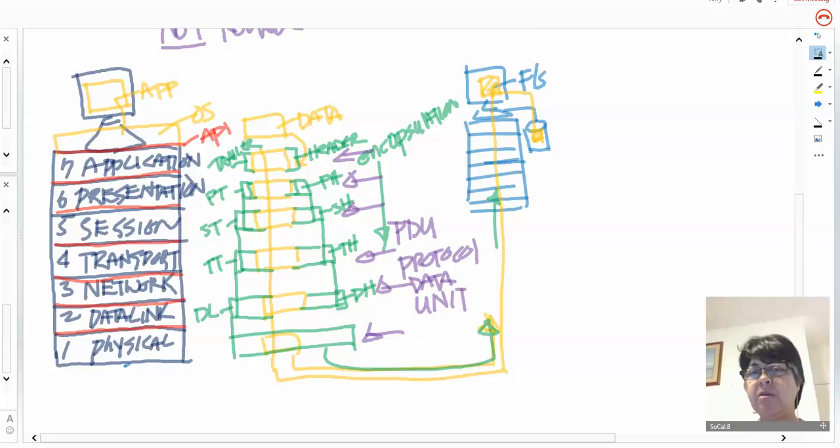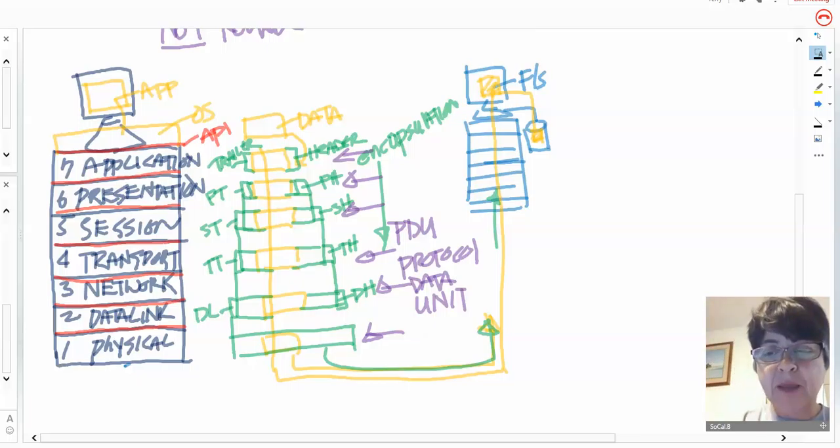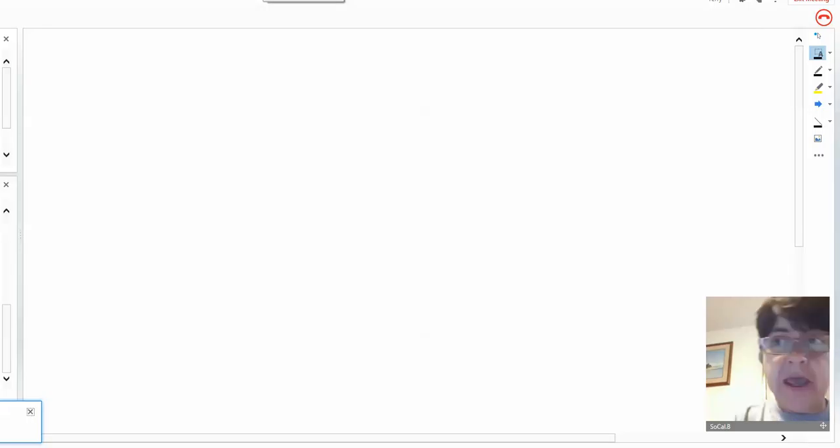Okay, so that should be good with all the terminology. Any questions on terminology so far? No, we're good? Okay. Now the exciting part. I'm going to move on with a different whiteboard. Okay, so